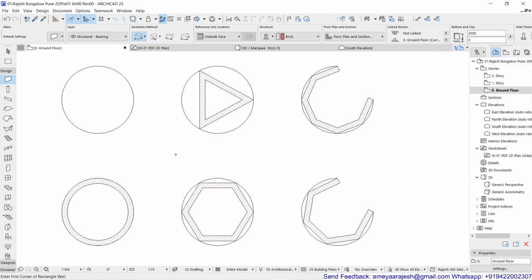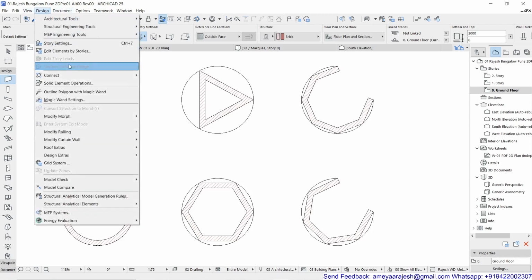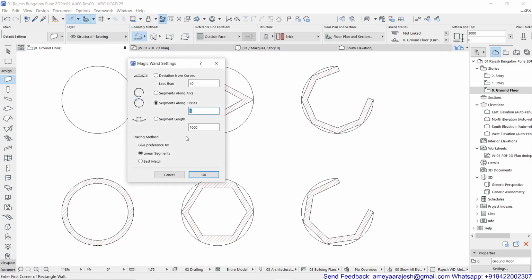Now the next option: if you go back to the same pull down menu, Design and Magic Wand Settings, and look at segment length this time, each segment will carry approximately, say, maybe 700 as length. Make sure you are inside the linear segment, obviously.